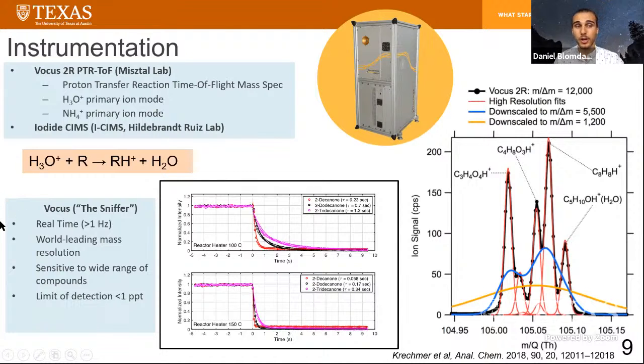It can measure in real time with more than one measurement per second, and can measure below 1 part per trillion, so for every trillion molecules, it can measure 1 compound. So very, very trace levels of gas. Another thing is that it has very good mass resolution. You can see here the yellow and the blue are previous iterations of this instrument, but ours can elucidate many, many different peaks and many different formulas. So it's well suited for this kind of experiment where we're looking at a wide range of chemical compounds.